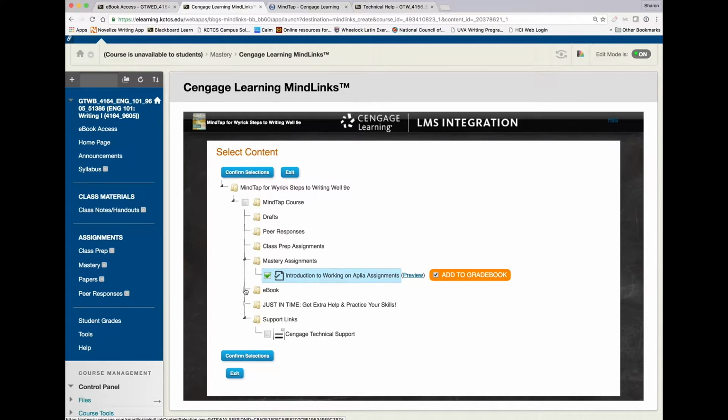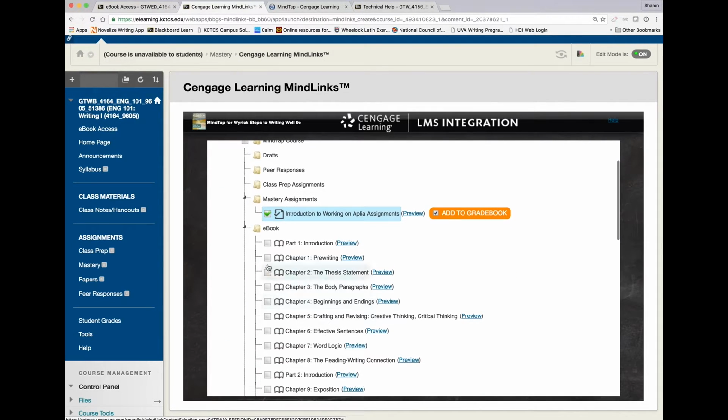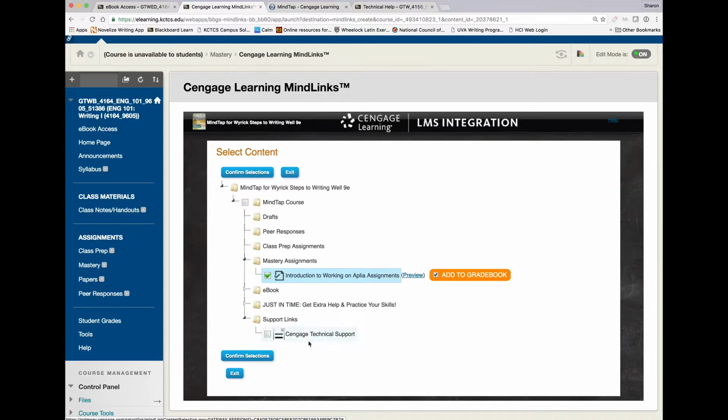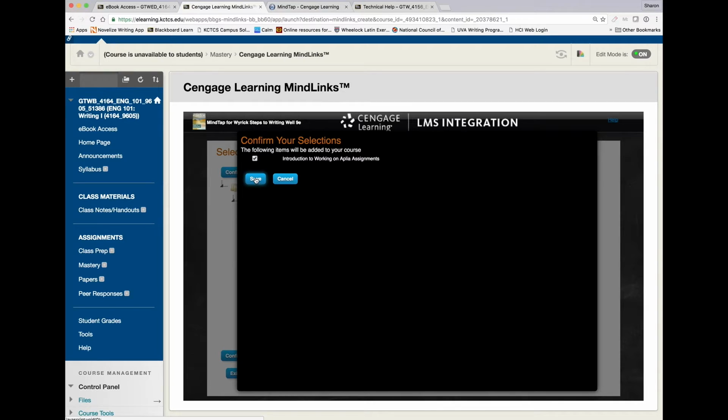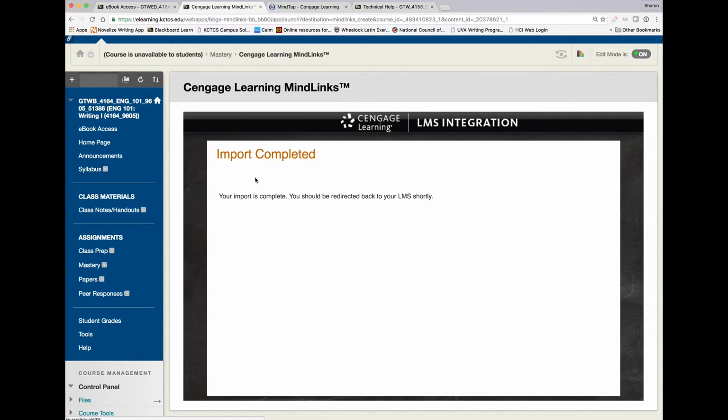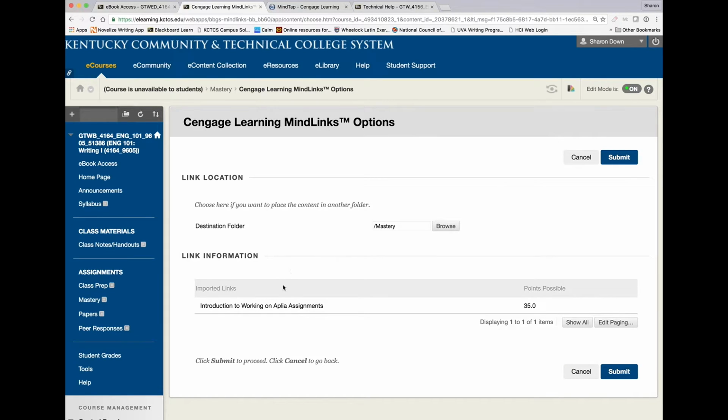You can actually do multiples of these if you want to do this, and you also want to put in some other things. You could click a bunch of them and have them all go at once, but I don't want to do that right now. So I have this. I'm going to confirm my selections. I'm going to save it, and it's going to come back over to Blackboard. And now it's going to actually put this into the gradebook because there were some points associated with it. When I click Submit now,